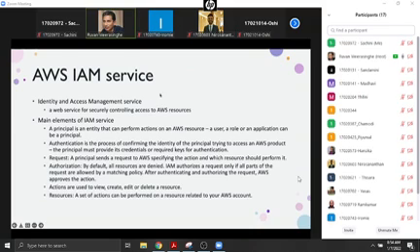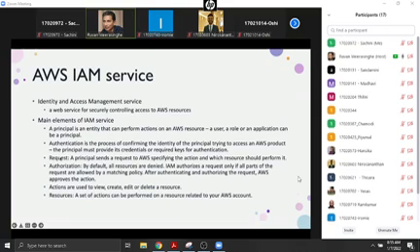Just before we get into the ML part, the IAM service is Identity and Access Management. You will realize that there are millions of users and billions of resources. Resources are like your instances, your databases, your files, your code, and so it requires a fairly robust access management service.